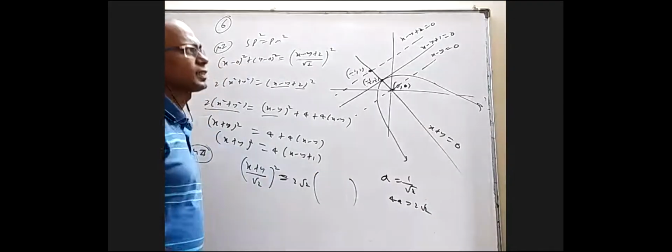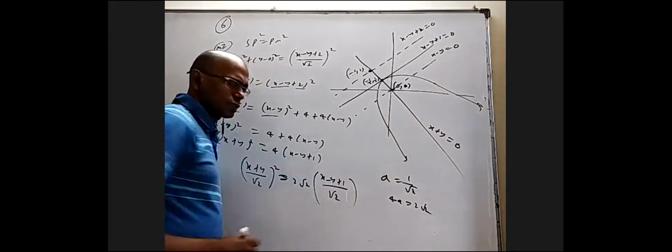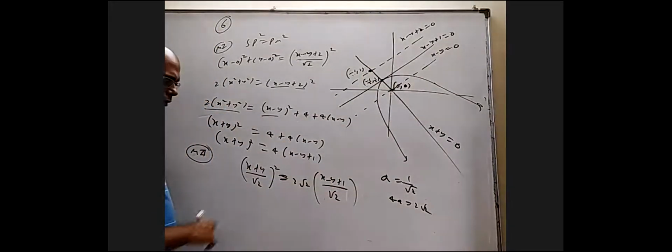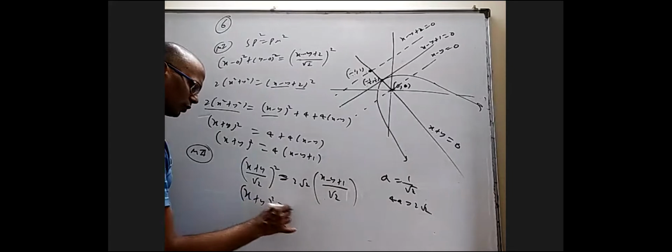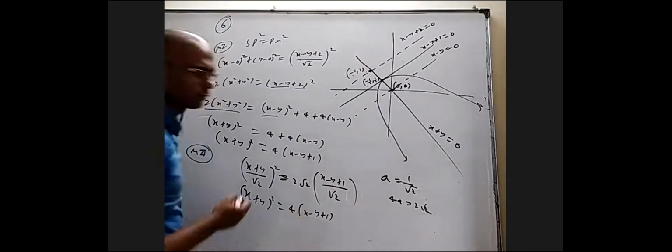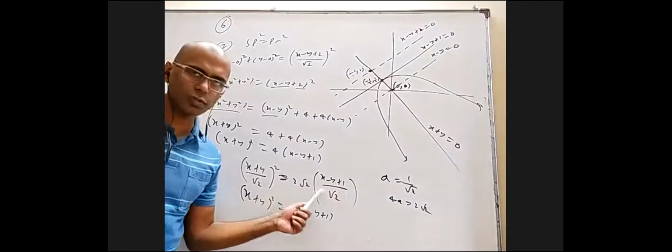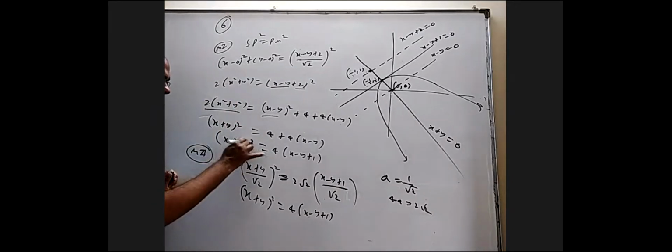Here I write distance to tangent at vertex. So I'll take any point, the distance to this line will be (x minus y plus 1) by root 2. I'm not writing mod because when I put origin, this is positive, so when I put anything on this side, it will be positive. That's it. This root 2 also will come here, 1, 2 will cancel. I straight away got (x plus y) whole square equal to 4 into (x minus y plus 1). In the new definition, the distance to axis whole square equals the length of latus rectum into distance to tangent at vertex. I could get the answer more quickly. Whereas here also, not too many steps, but I have to expand, bring to one side and recombine to get a particular answer in the options.